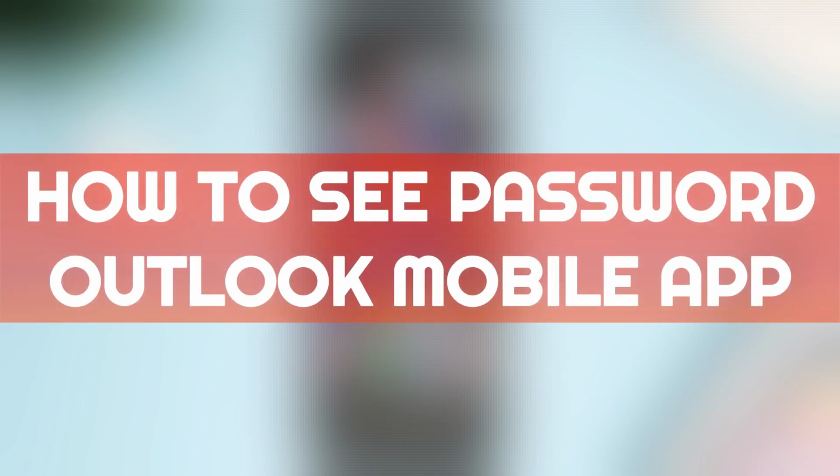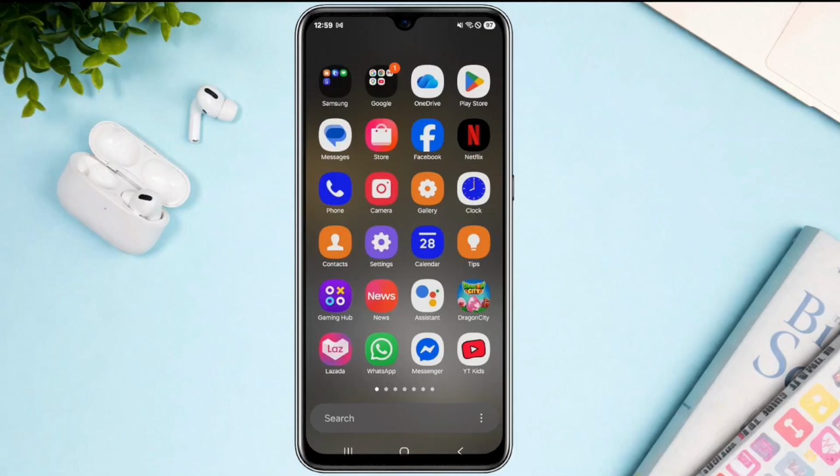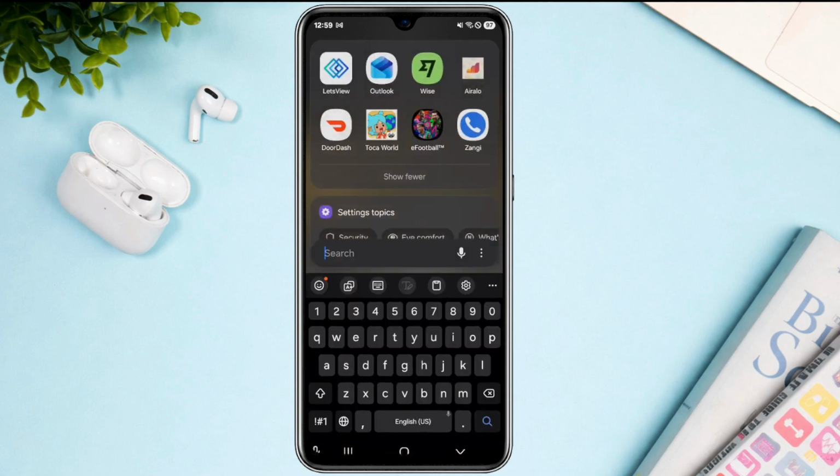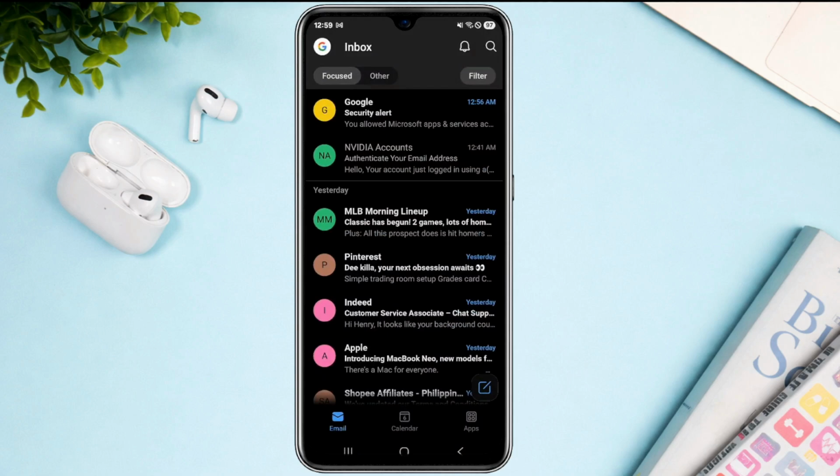How to see password in Outlook mobile application. Now in this quick video, I'll show you a method for you to be able to see your password by using the Outlook mobile app. So first is of course open up the application and make sure that you're already logged in into your Outlook